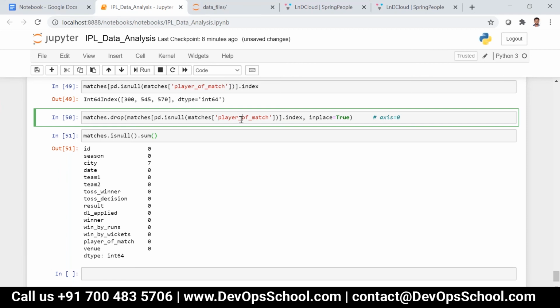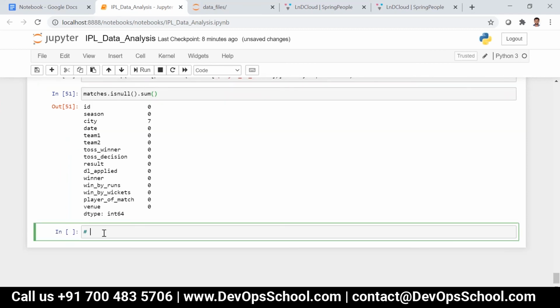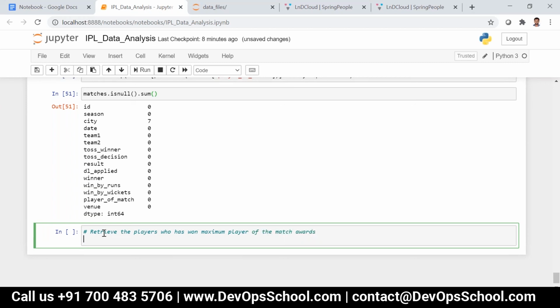Okay, so now if I want to retrieve the players who have won the maximum player of the match awards, I can just write matches['player_of_match'].value_counts().